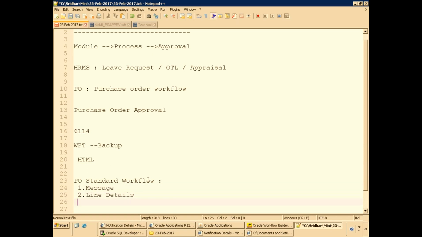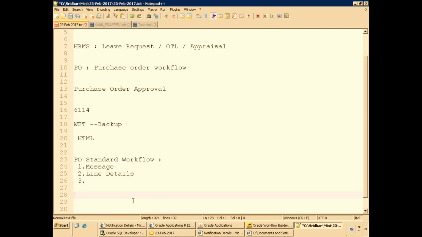This was another change. The other thing was our client's requirement: he migrated from 11.5.10 to R12. That's the first issue.